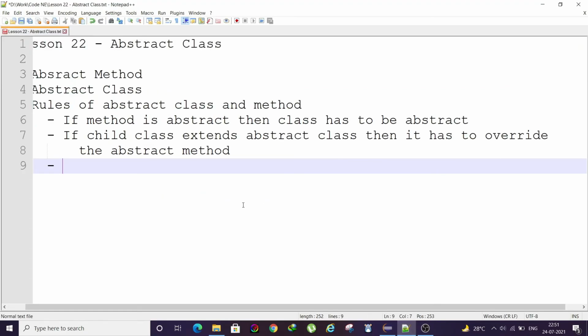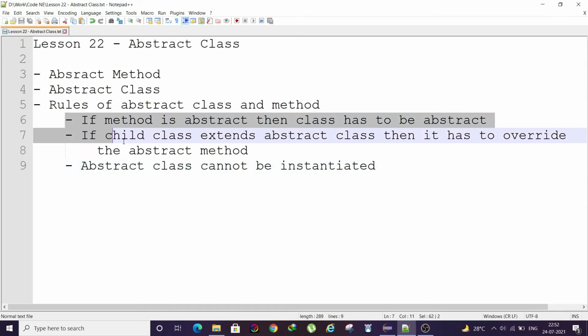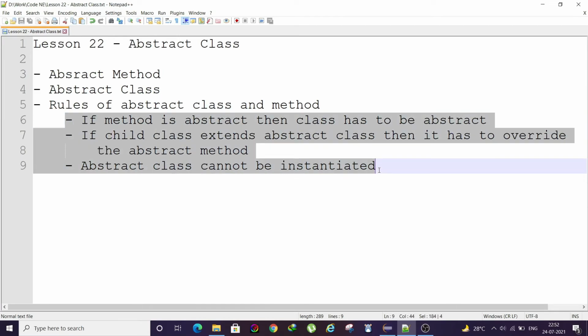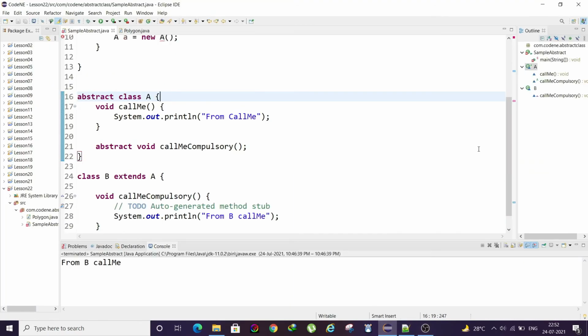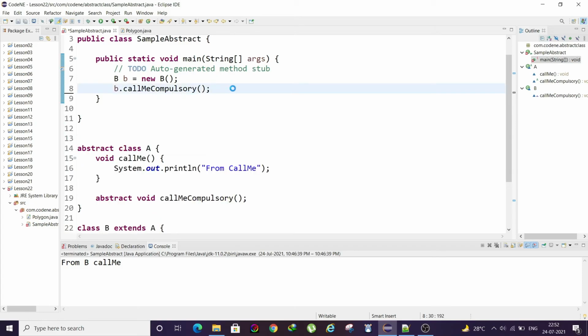So that is our third rule, that is abstract class cannot be instantiated. So whenever you are handling abstract class and abstract method, you need to keep in mind these three rules. Let me just remove this part so that our Eclipse does not throw any error. Okay, now it's perfectly fine.